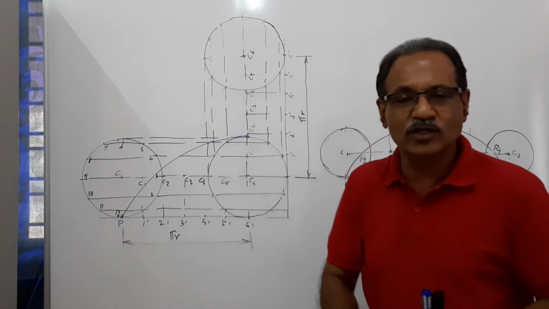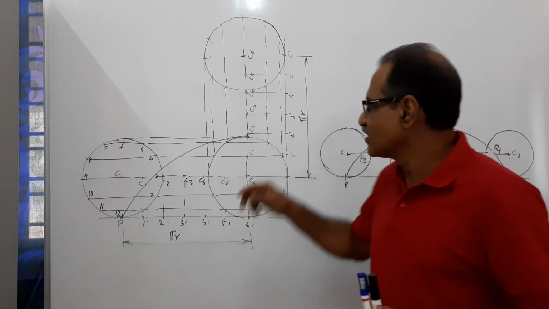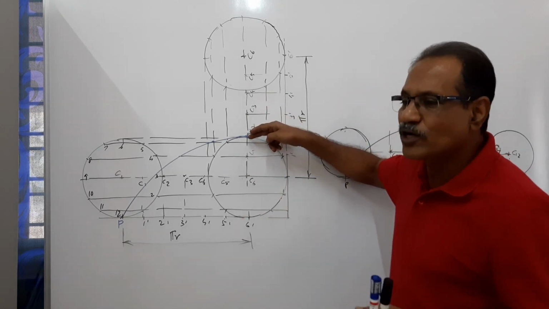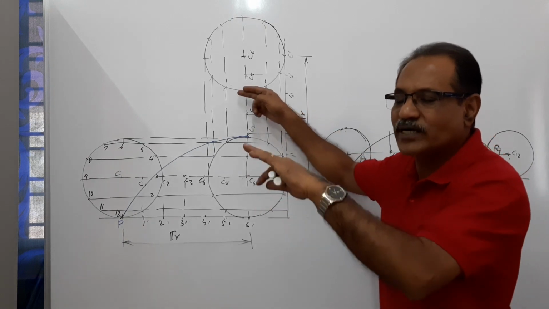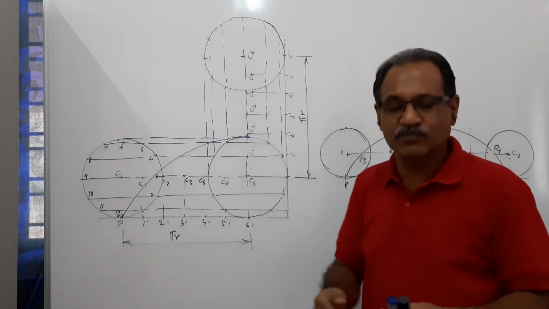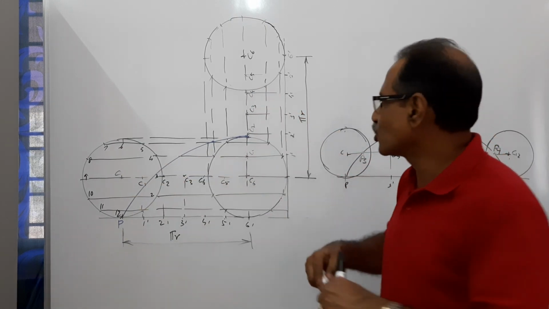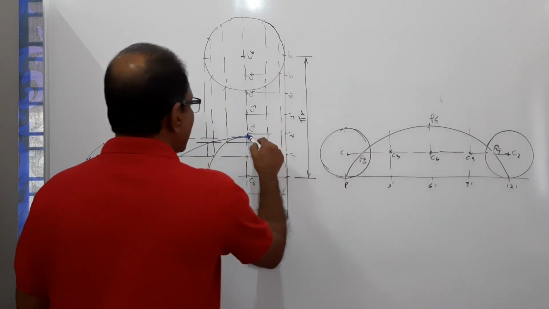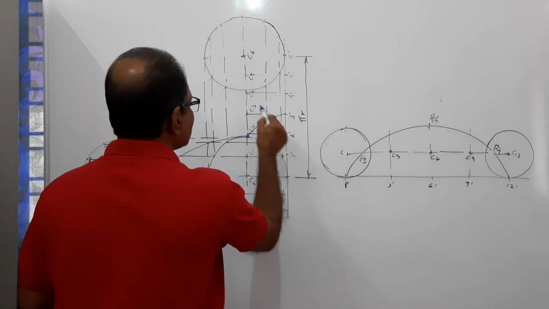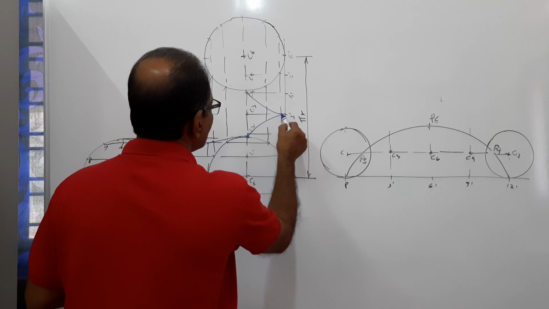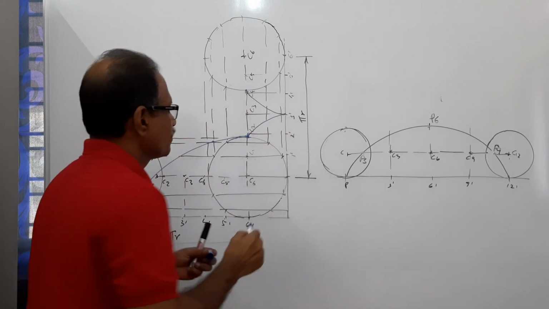Two quarters are to be drawn: the last quarter and the first quarter. When the point is on the right side, you have to draw the last quarter and then the first quarter, so that quarter plus quarter becomes half. Agreed? So the curve goes from here to 3 dash and then back to P3.